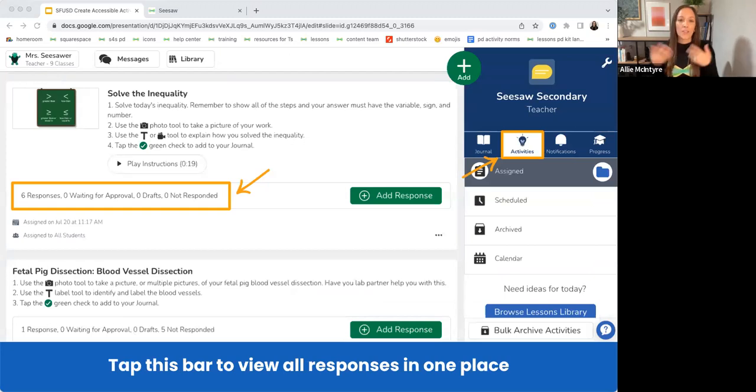So there's that example of what the student turned in and how you as a teacher are able to hear how they use those context clues to figure out the meaning of that word. Okay, so once students capture their hands-on learning, like we just saw, by adding a response to the activity, it is now very easy for you to review all of their learning and provide feedback.